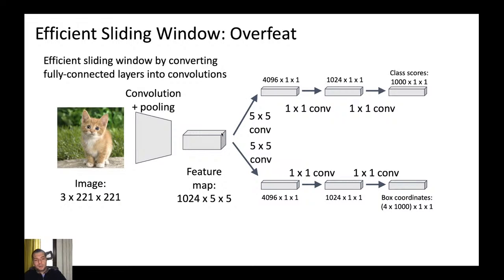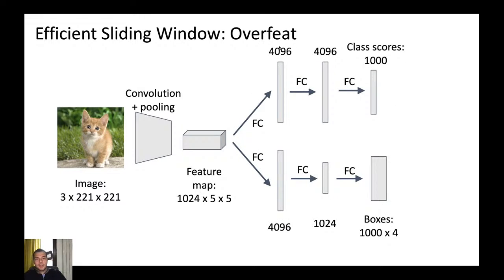In order to simulate a fully connected layer with 4096 units, what a fully connected layer does is connect this unit with the entire feature map. So in order to have connections to the entire feature map, we have to propose a certain configuration for the